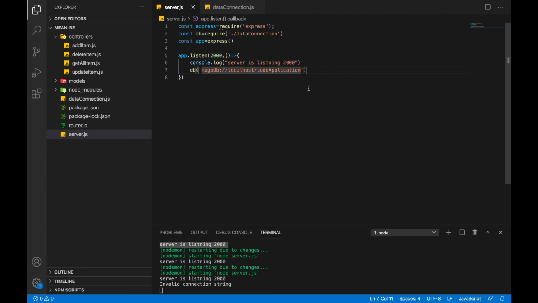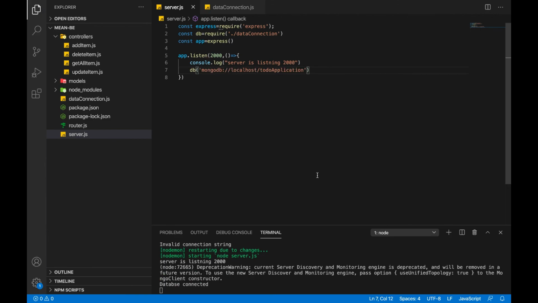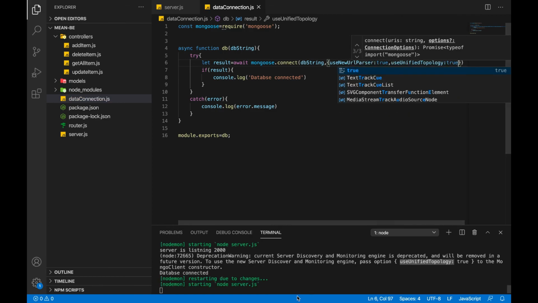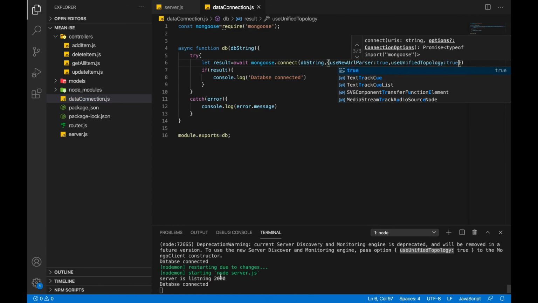Okay, spelling mistake. Now if you see the warning, we have to pass this option. The value would be true. So now if you see, the server is listening on port number 2000 and the database is connected successfully.